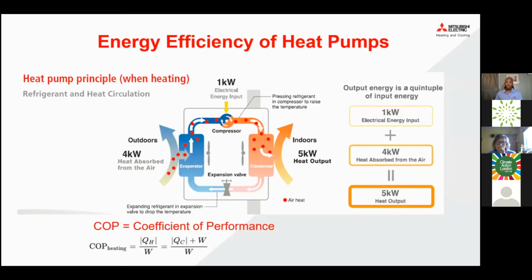So heat pumps produce numbers of up to a COP of 5, depending on the outdoor air temperature. And so how is this possible? Heat pumps don't use the electricity they consume to create heat. It simply runs the components, the fans, the compressors, the circuitry. Heat pumps, as I mentioned before, transfer heat from one space to the other. So then the warmer the outdoor air, the more heat energy there is to deliver. So in 2 slides, we'll see a COP chart for a cold climate system. But just looking at this slide here to try to help it make sense,